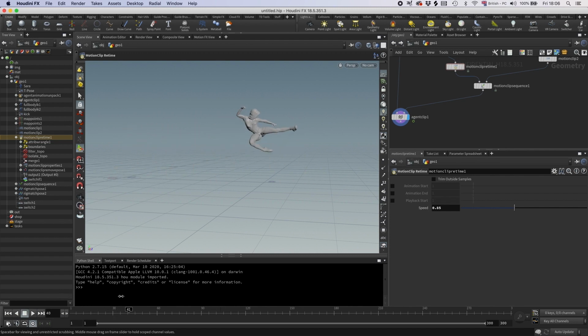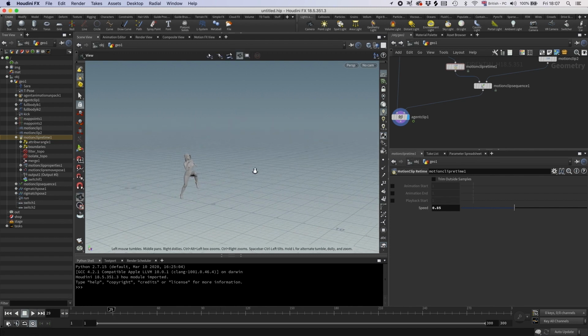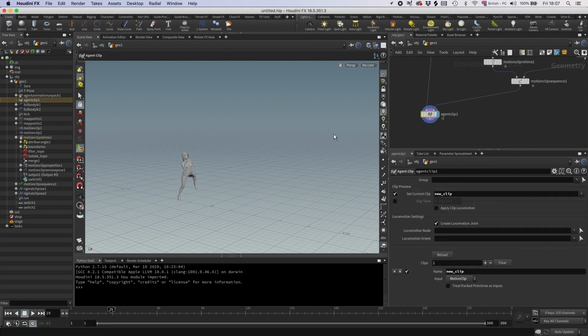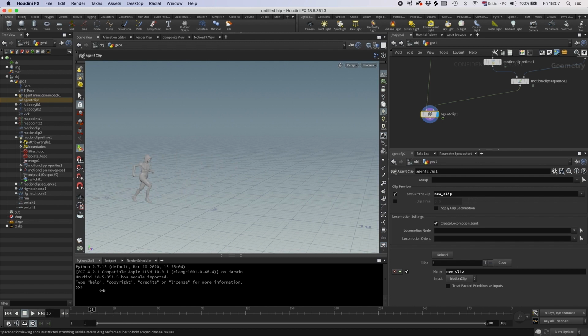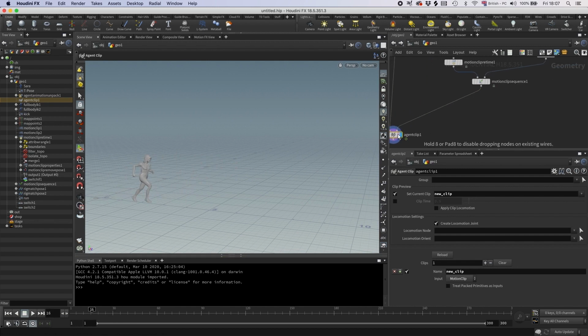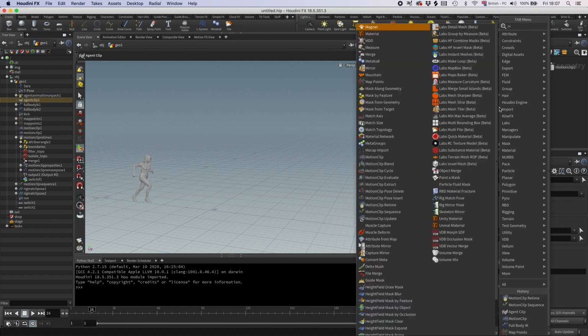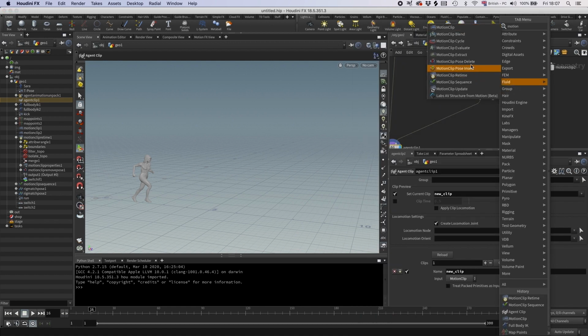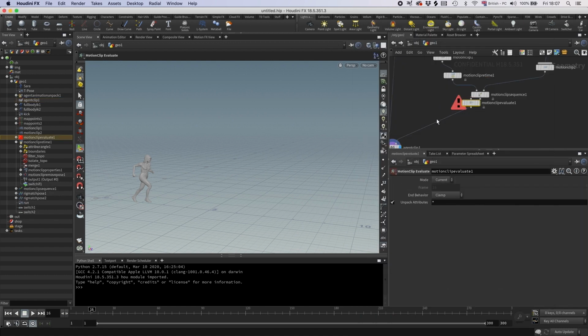Yeah, this is cool. I have this clip, but I obviously want to use locomotion in my crowd later. And now I just have this agent moving within the clip. So how can I change that? There's a node for that actually. So if you convert this back, if you do Motionclip and do evaluate,